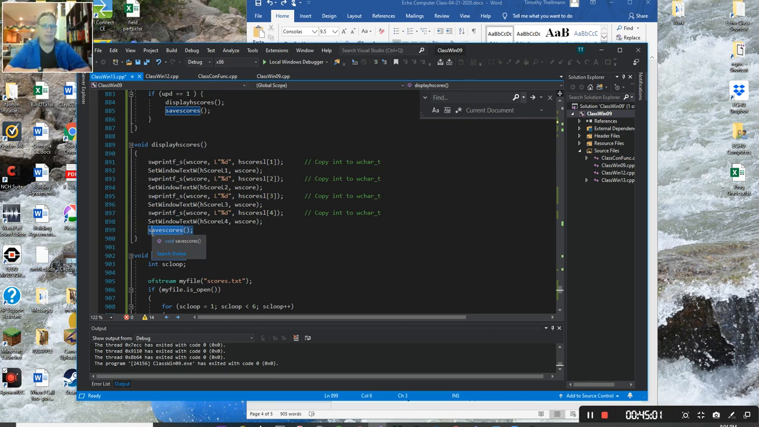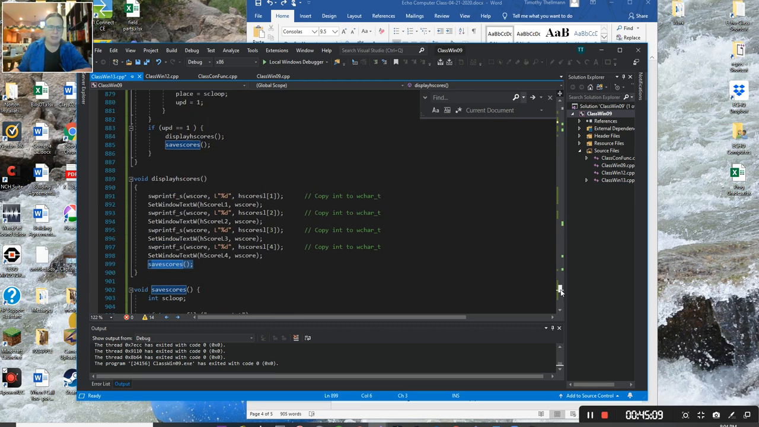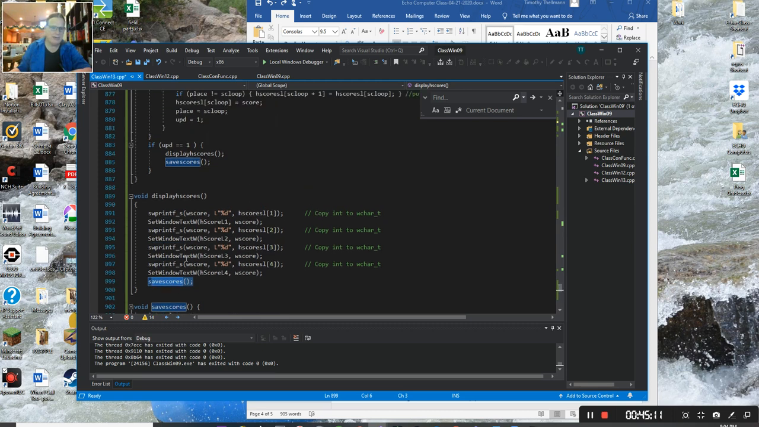Okay? Now, we don't want to, actually, when I display scores, let me show you this. When I display scores, I don't want to save the, if update, I display and save scores. So I don't need to do it twice. And I do it up there for a reason, because display scores, when we first come in and run